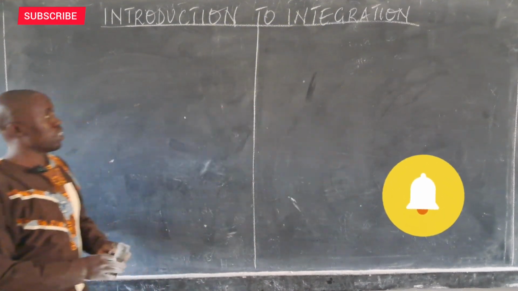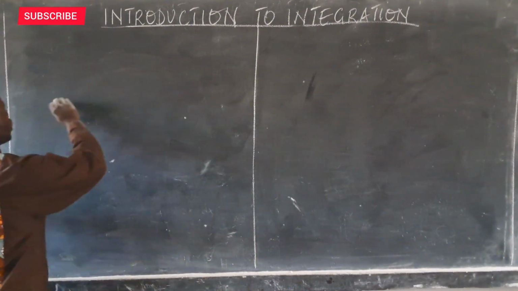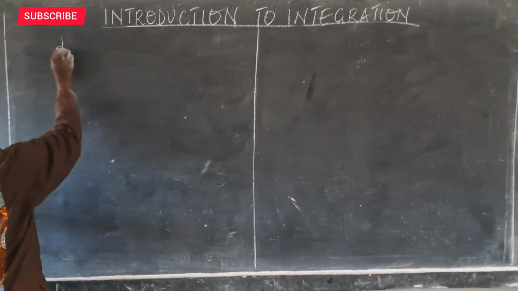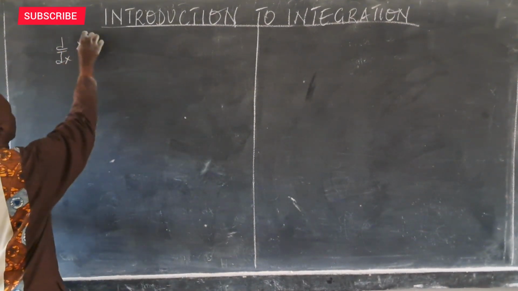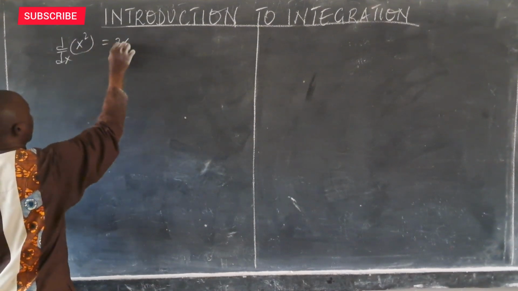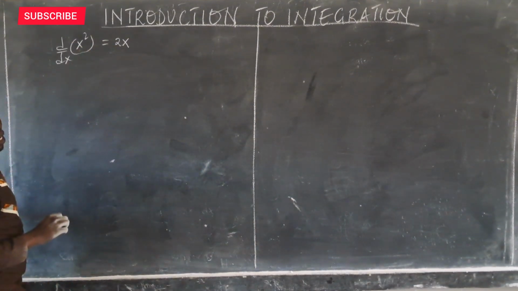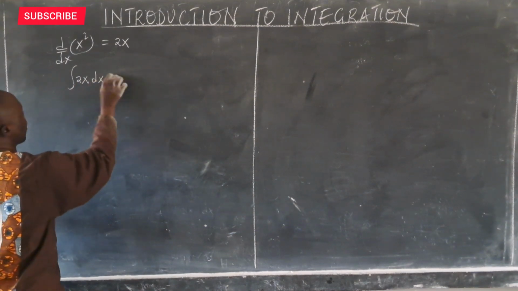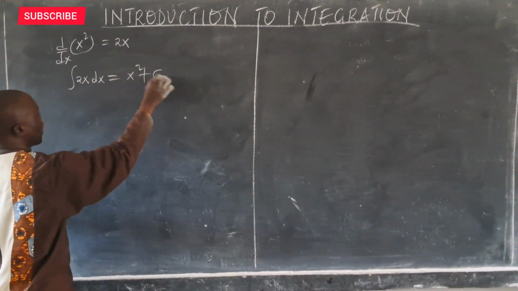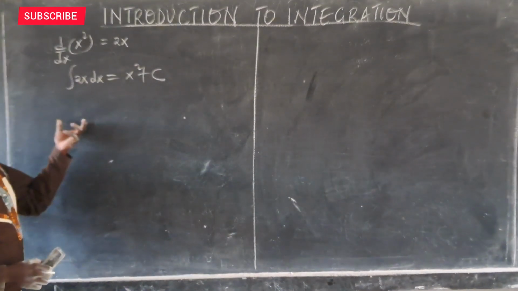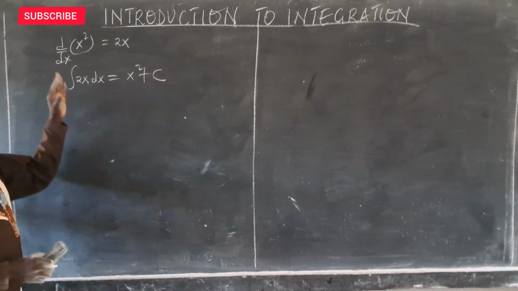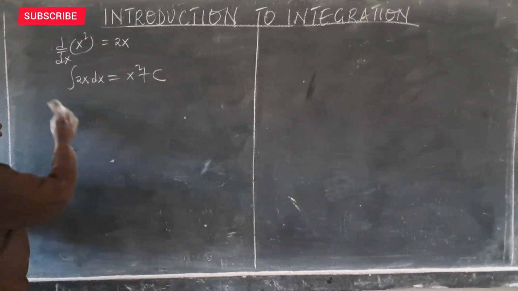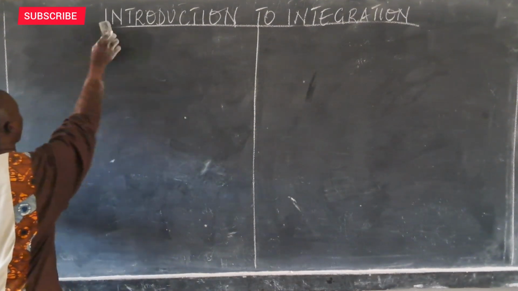Let's dive into this. Now, by definition, integration is the opposite of differentiation. What do we mean? If you differentiate x squared, you are going to get 2x. So if I wanted to get x squared back, I integrate this. So integration of 2x dx actually gives us x squared plus a constant. So integration is the opposite of differentiation. But let's look at some basic formulas and some integral forms that can aid us to move on with the